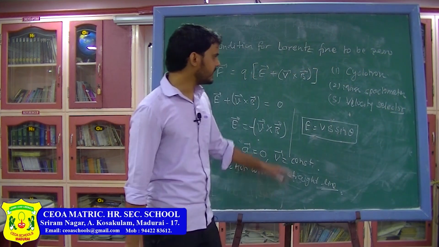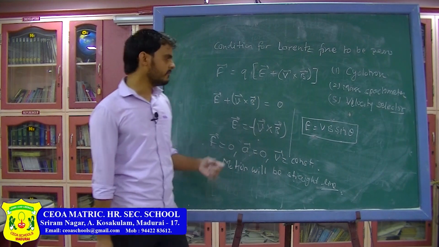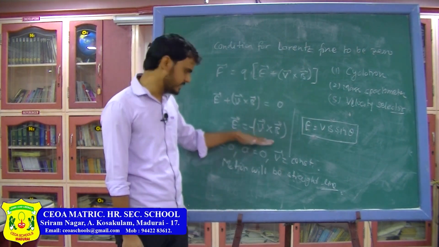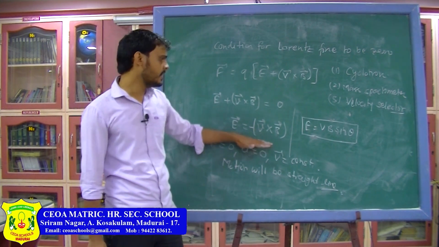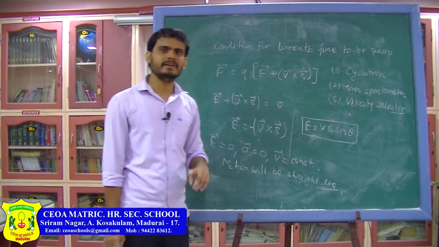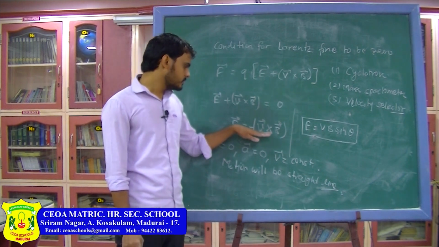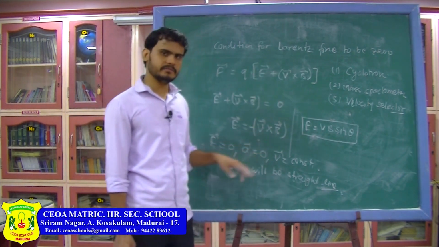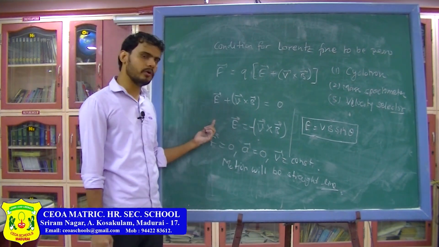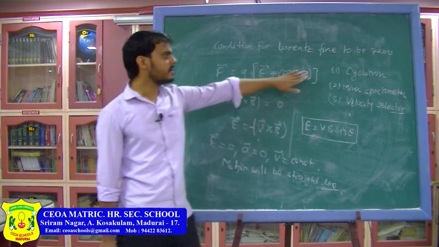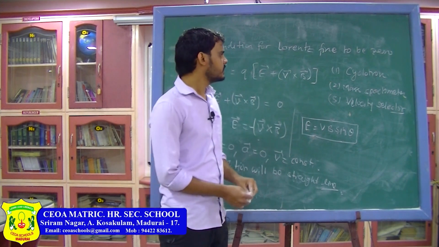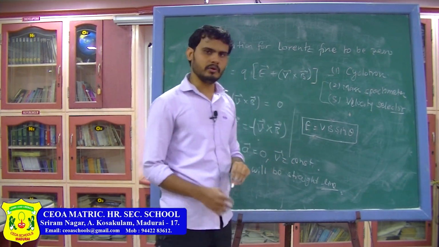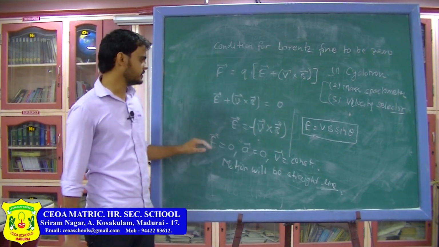And for all these 3 applications you need to have a basic understanding of what the magnetic force is, what the Lorentz force is, what the condition for the Lorentz force to be 0 is, and what the motion of the particle is when its velocity is perpendicular to the magnetic field. So revise these things which I have covered today, because I am going to use all these formulas in the next class, where you will see these 3 applications. These 2 you are going to see in atomic structure, and the cyclotron is a separate topic in your magnetic field chapter.